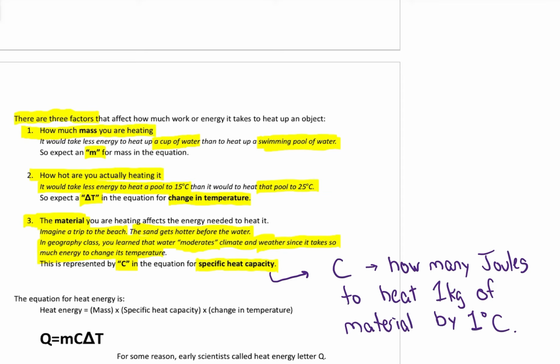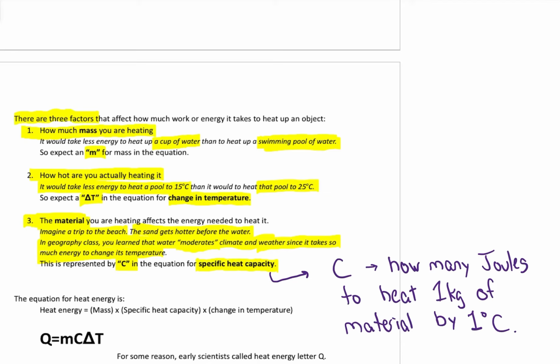If you Google it, specific heat capacities of metals are usually much lower, like iron, I think, is in the 300s. So if we had a clump of metal with a specific heat capacity of 300, that means it would take 300 joules to heat 1 kilogram of that metal by 1 degree Celsius. If you had a fraction of a kilogram, it would take a fraction of the specific heat capacity. If you were heating it by 2 degrees, you'd have to double it. Heating it by 10 degrees, you'd have to multiply by 10.